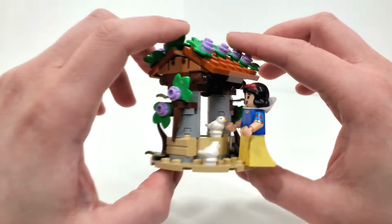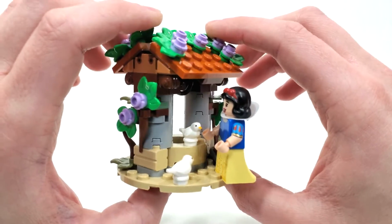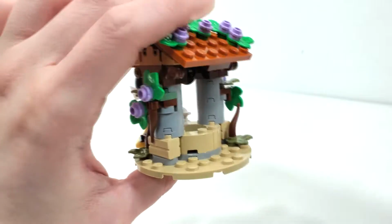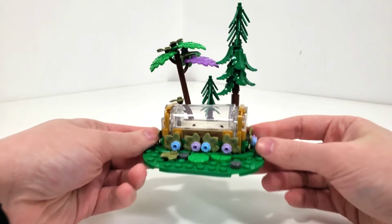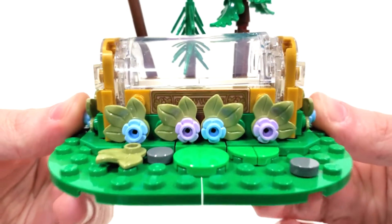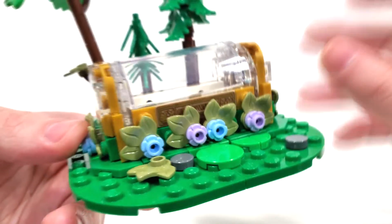The inclusion of this, just like the other side build, just proves that LEGO wanted you to recreate the entirety of this film through this set, and it's just really great that we can recreate the spot where Snow White meets her prince. Alongside the beginning of the film, we also have the very end with Snow White's coffin, which does happen to include a brand new print on that